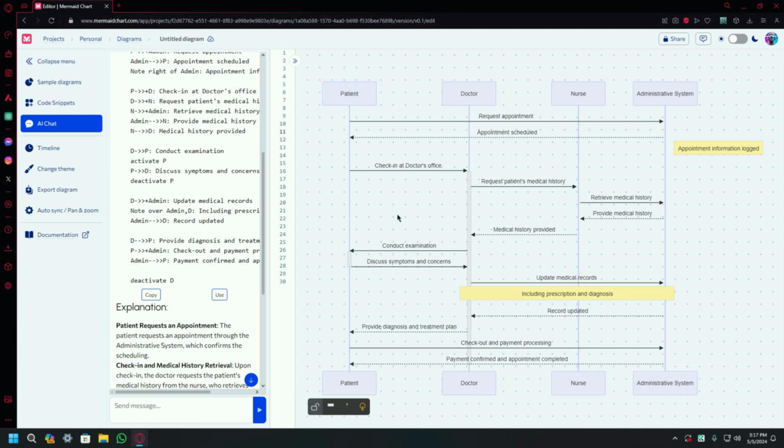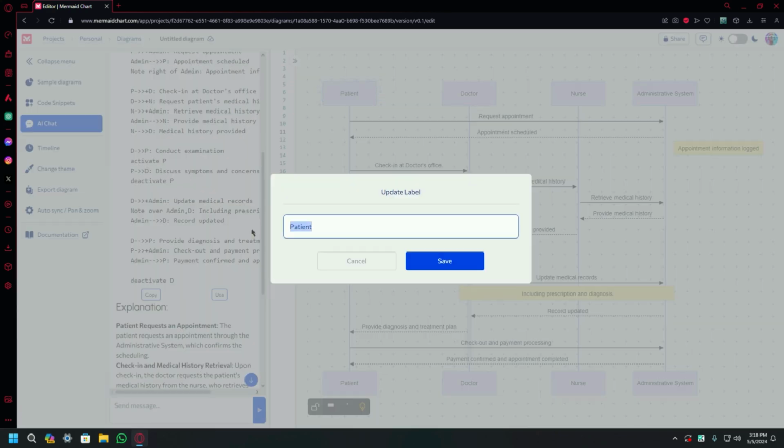Now you don't have to go to draw.io and paste the Mermaid code right there and edit your diagram from draw.io. So they have a built-in feature now. You can just click on it and change the colors or move the arrows or anything that you want to do. So if I just click on it, you can see that you can update the label right from here.